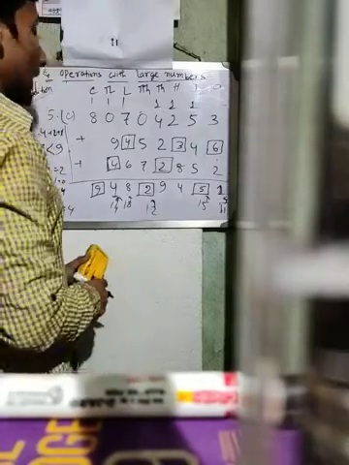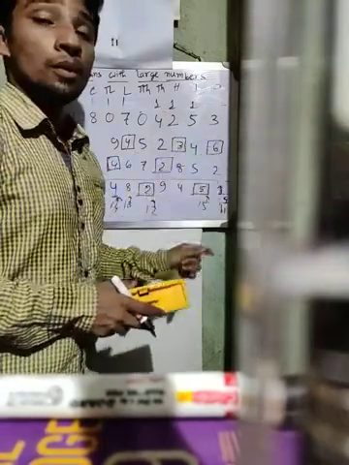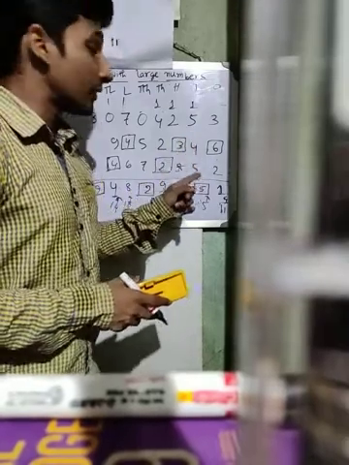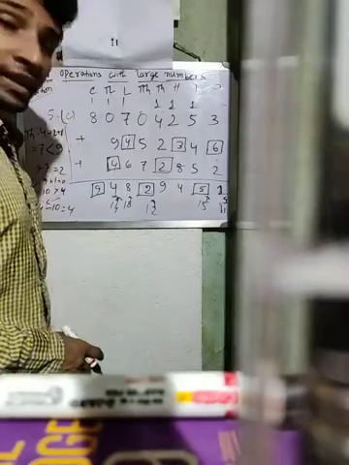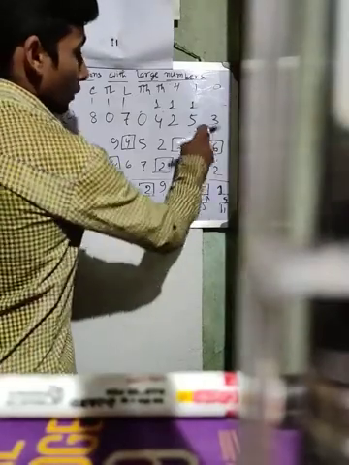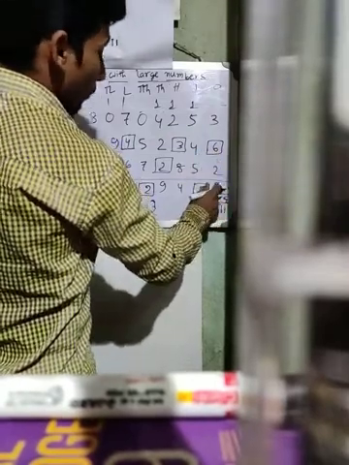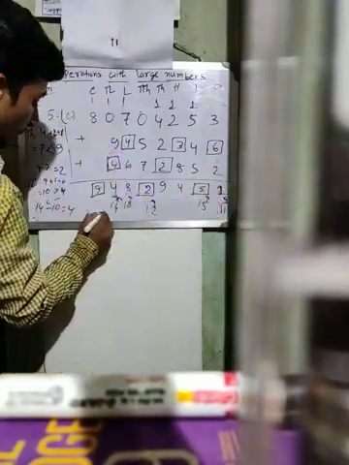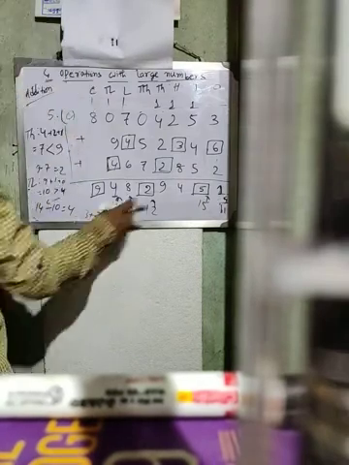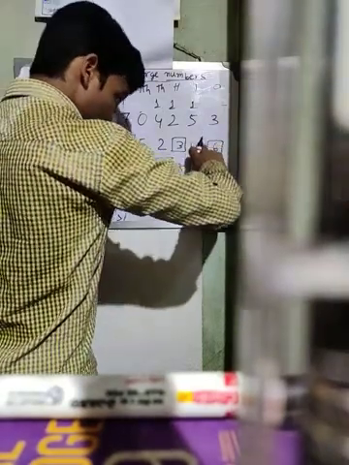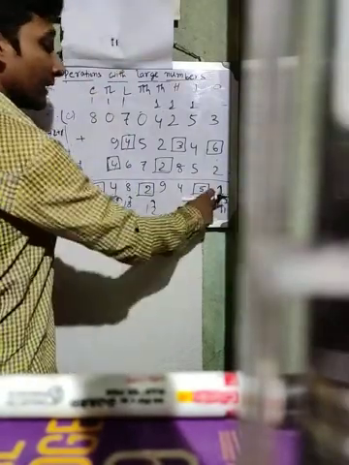No, it is not possible. As I discussed earlier, it is not possible that the sum of 2 or more digits is less than the sum. So this 3 plus 2 is equal to 5, greater than 1. That means it is not possible for the sum of the digits to be greater than the addition or greater than the sum.